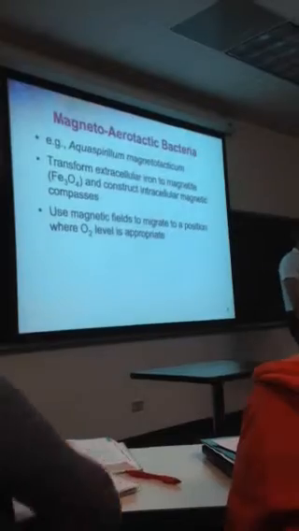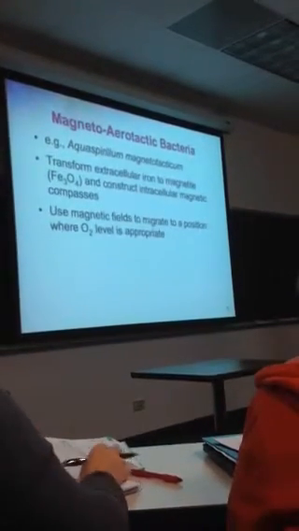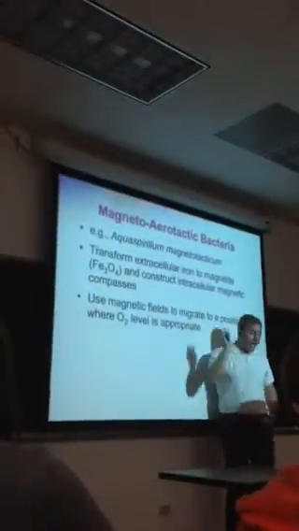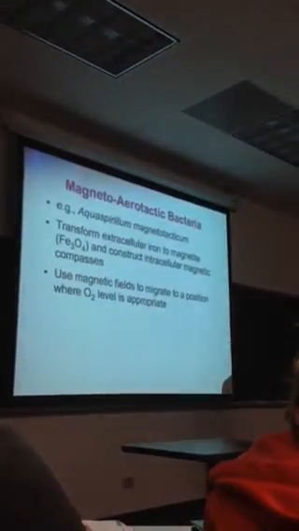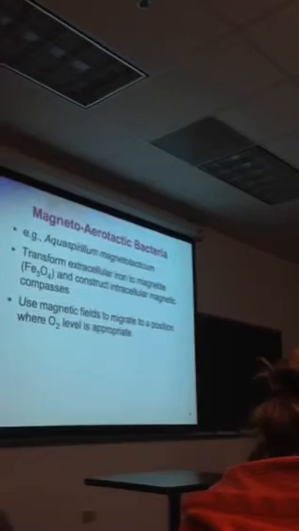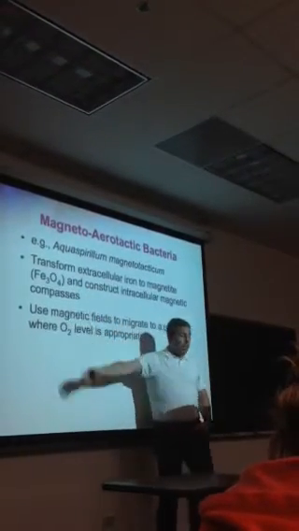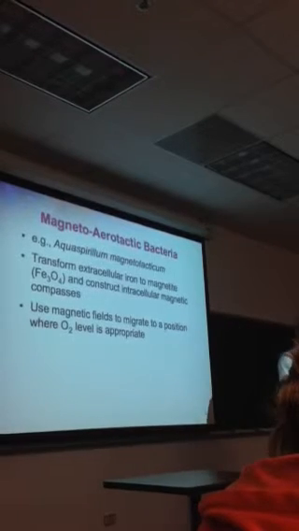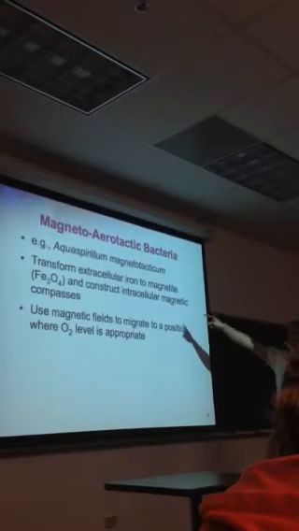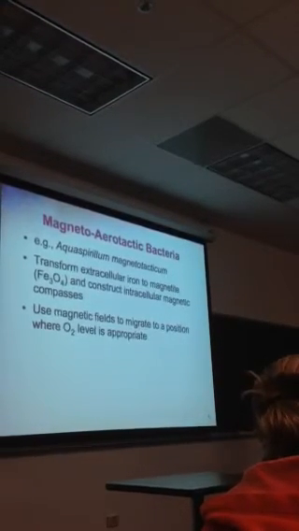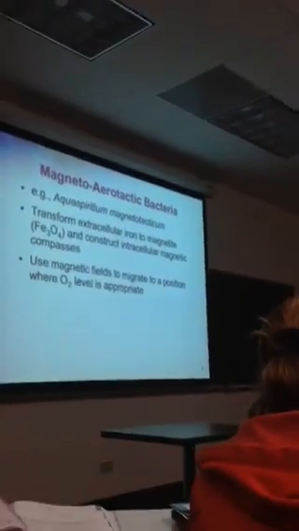There are some cool things out there, like this bug, Magnetospirillum, that can reduce or oxidize iron and form magnetite. Fe3O4, iron 3 4, is magnetite. The cool thing about magnetite